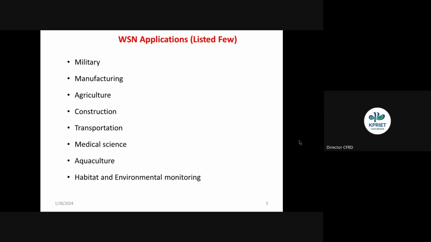And habitat and environmental monitoring, as you know, there are some rare species in the forest that should be monitored. Their growth should be monitored, their numbers should be monitored. And environmentally, you have to have a lot of discussion on what the temperature is now, what the pressure is now, whether there is any chance of forest fire, which should be detected, and whether any landslide is going to occur or not. So a lot of things. I have listed very few things just to give an insight into the various applications where you can look at this sensor deployment to retrieve the data from the field to the